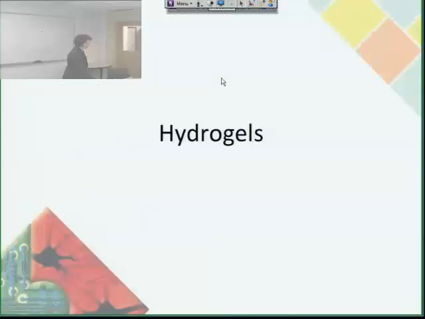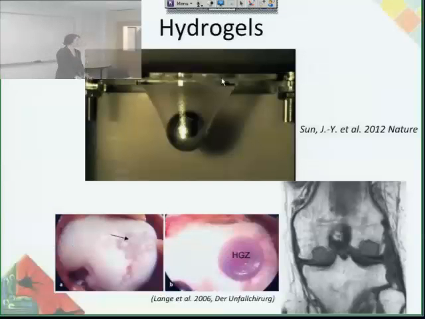Okay, so hydrogels are 3D cross-linked networks of hydrophilic polymers so that they swell with water. But they're cross-linked so that they have elastic responses, and also so that they're not soluble in water. So even though they're hydrophilic polymers and they start from a solution of polymer in water, when they're cross-linked, they're not soluble. So you can see it and feel it, and it's got a 3D structure,